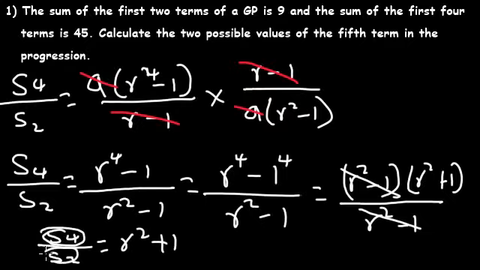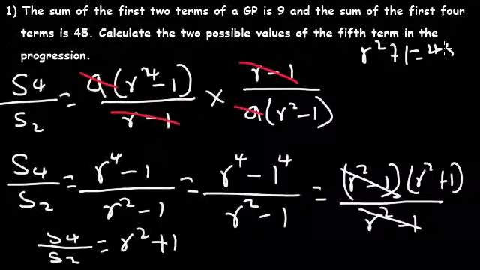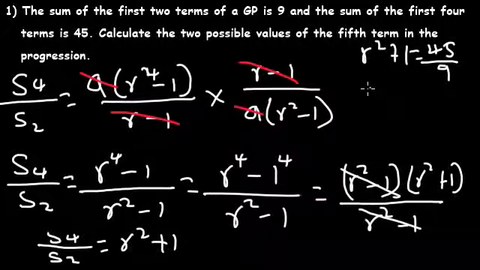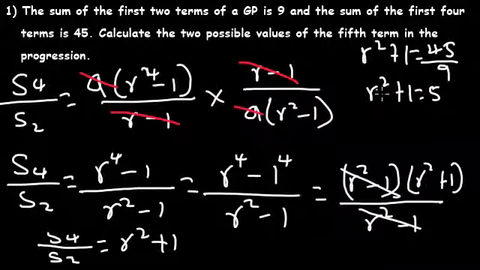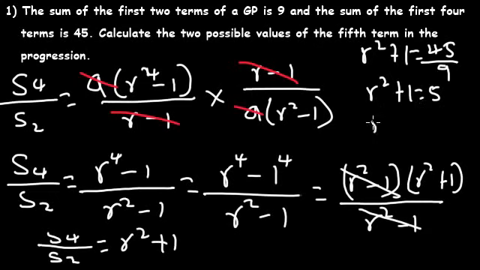But s of 4 and s of 2 are given as 45 and 9 respectively. So therefore we now have r squared plus 1 equals 45 over 9, and r squared plus 1 becomes 5, as 9 in 45 is 5. Now, subtracting 1 from both sides, we have r squared equals 5 minus 1, which is equal